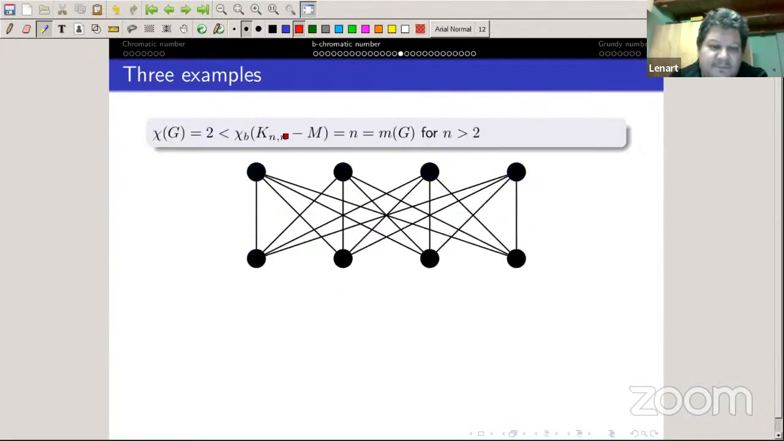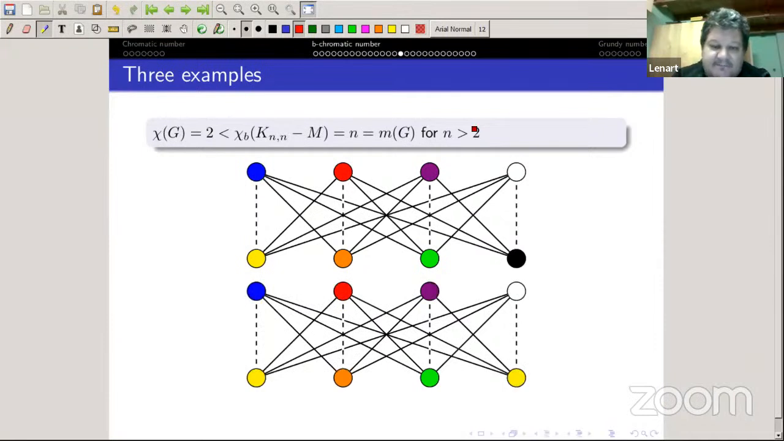Okay, what if we remove a matching from the graph? So we delete these edges in a complete bipartite graph. In this case, the chromatic number is still 2. There is of course no odd cycle, but the b-chromatic number is n, which is actually equal to m of G, this m-degree, for n greater than 2. Let us observe also this. So we start with coloring with all different colors, and first